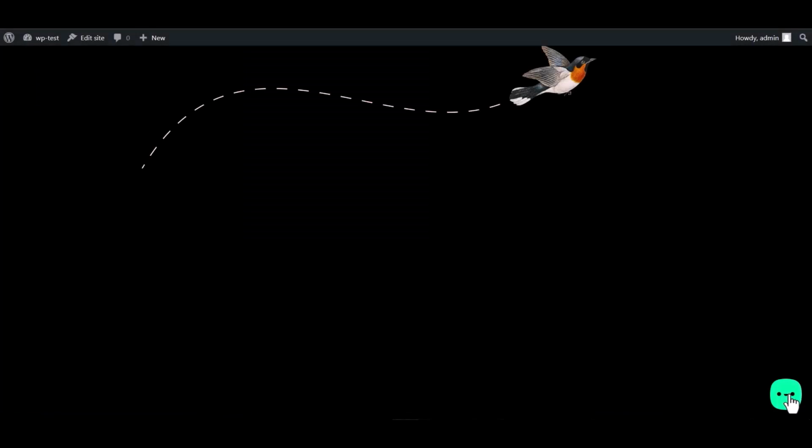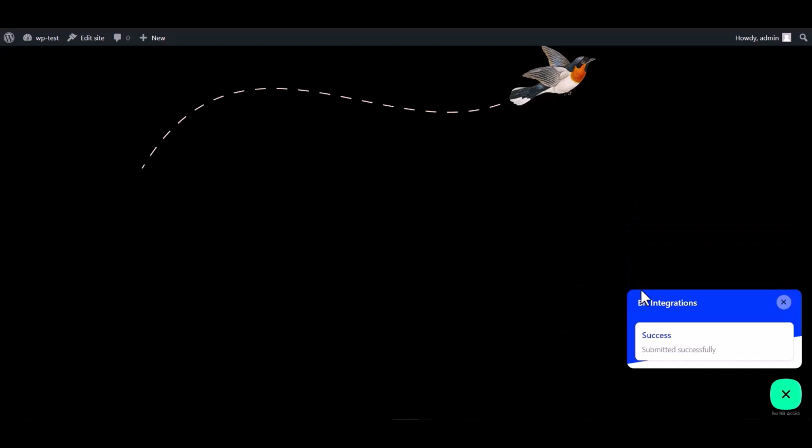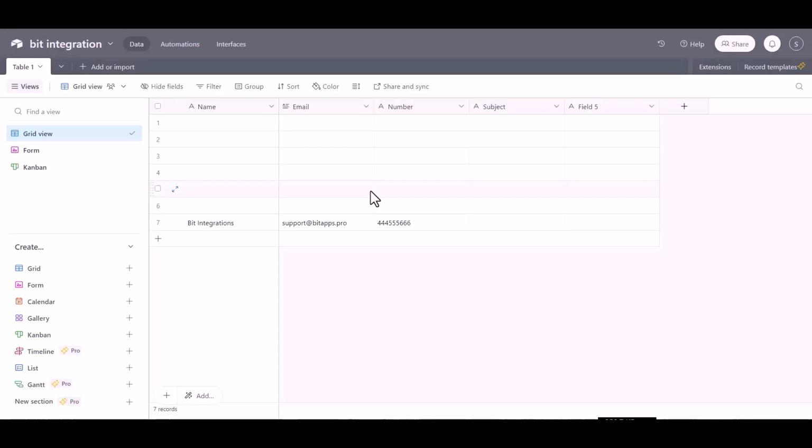Go to the WordPress page and fill in the form. Submit it. Form submitted successfully. Now go to Airtable site and here you can see the data came successfully in